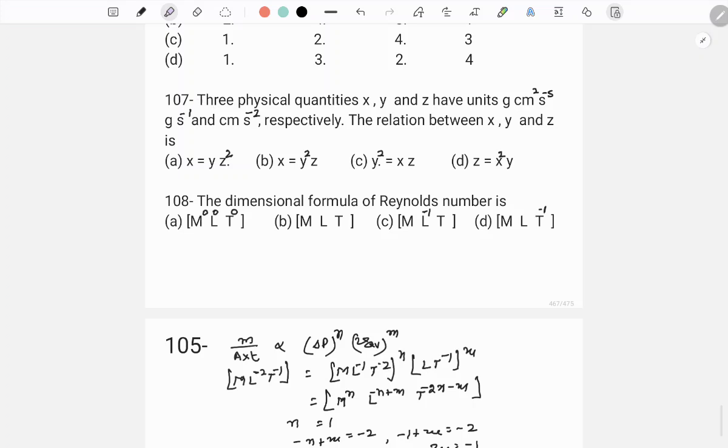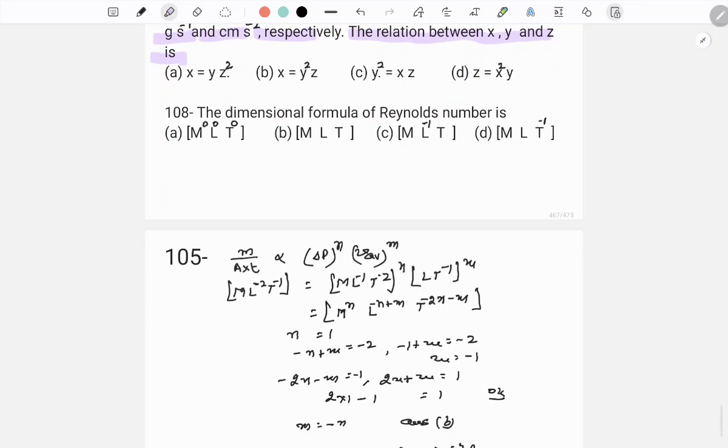Next, three physical quantities x, y, z have units gram centimeter square second to the power 5, gram second to the power -1, and centimeter second to the power -2 respectively. The relation between x, y, z is. Next, the dimensional formula of Reynolds number is